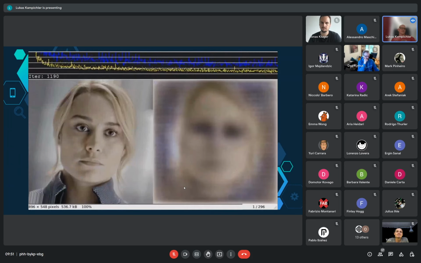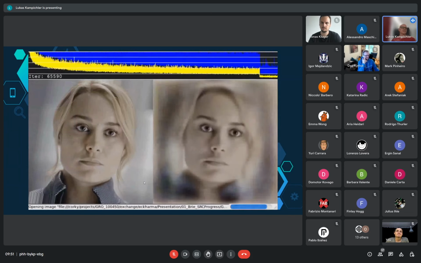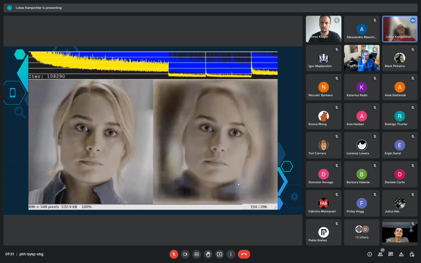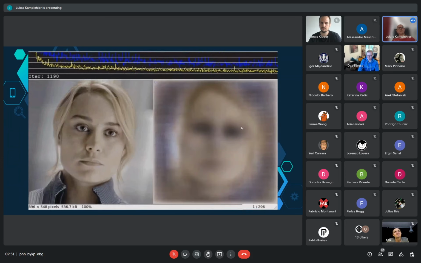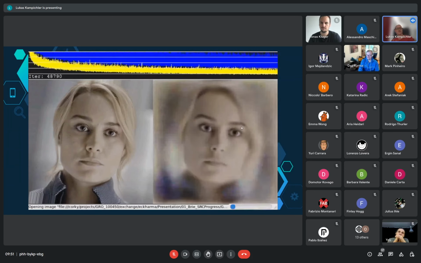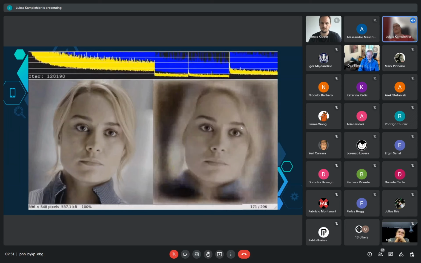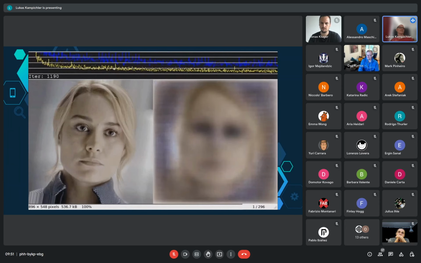During the whole process, there are actually two AIs working. We have one AI that is trying to draw the face, and then we have another AI that is constantly checking if the face that is being drawn looks like the original image. This gives us an error rate.